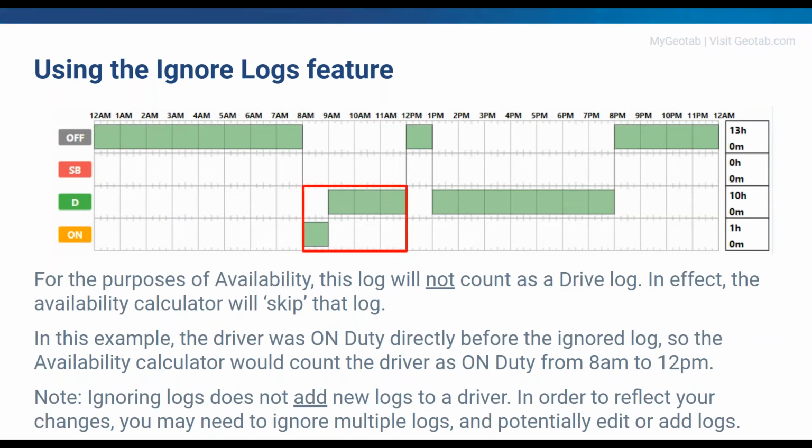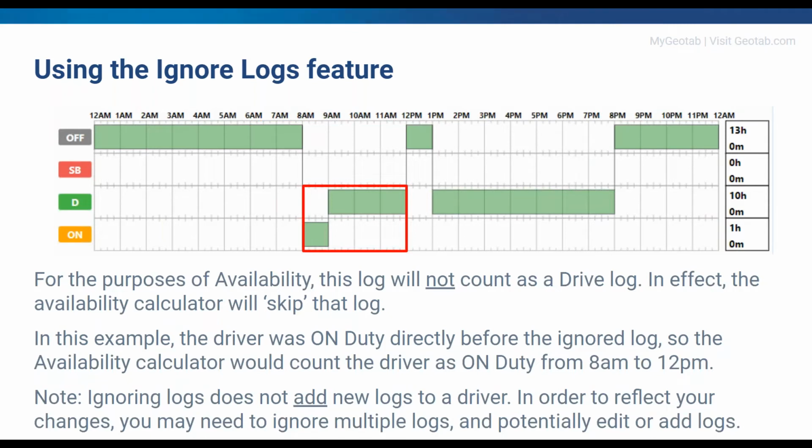So that box right there. And that's because the on duty beforehand effectively ends at 12 because we ignored the beginning of that driving at 9 a.m. And for the purposes of our example, that's exactly what yard move is. It's on duty, not driving. So now this reflects what we want to see inside of the availability.